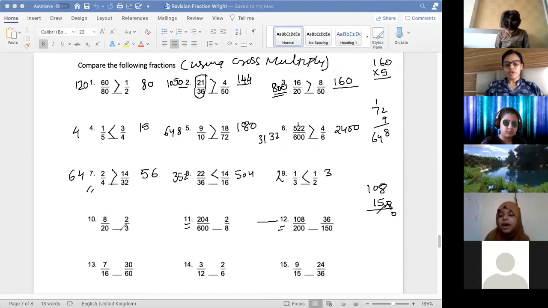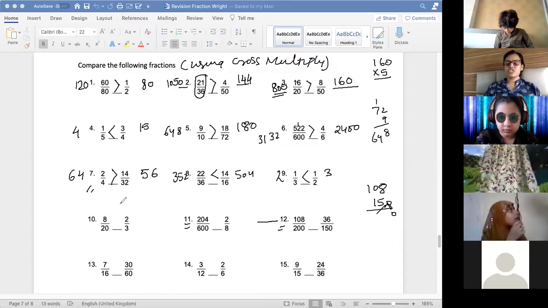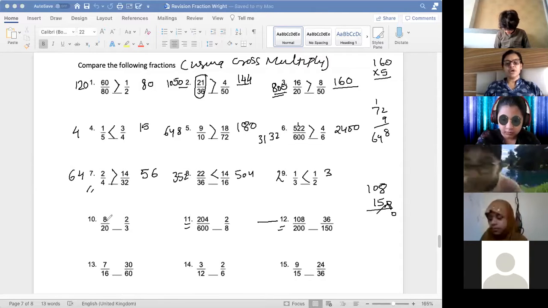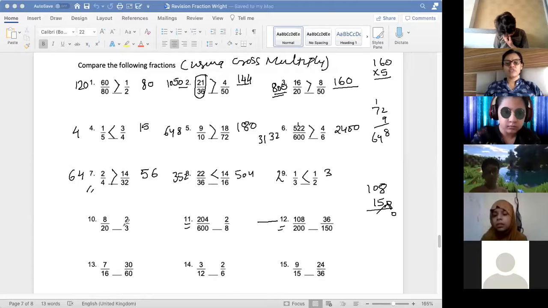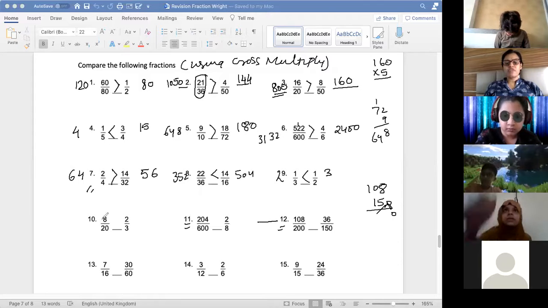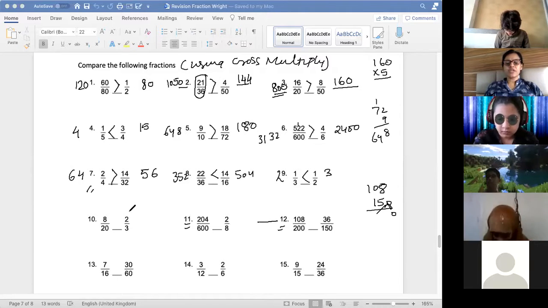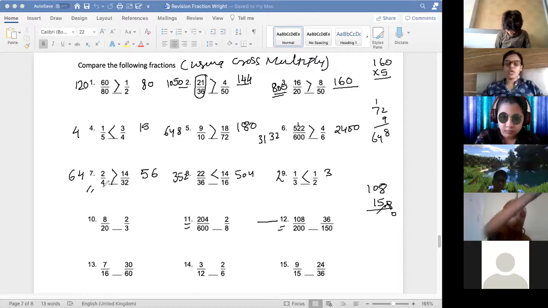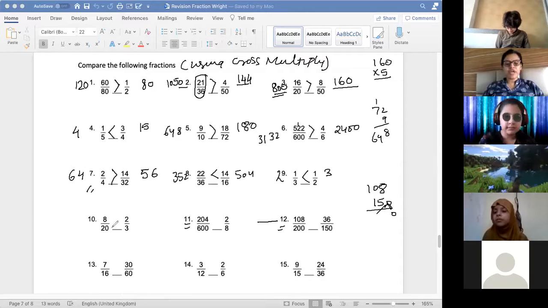Okay. Yeah, Hamza. It is not clear to you how to find greater and smaller. Everyone just be quiet. I'm explaining question 10, and those who have still not understood, just pay attention. When you have to find the greater and smaller of two fractions, we find it using cross multiplying. Cross means like this, x.